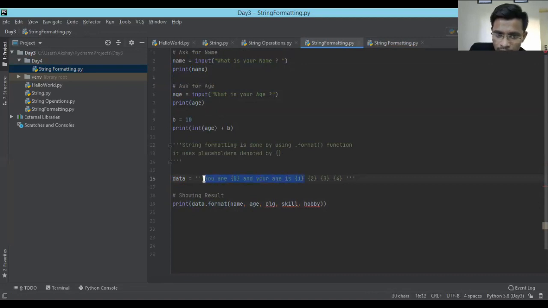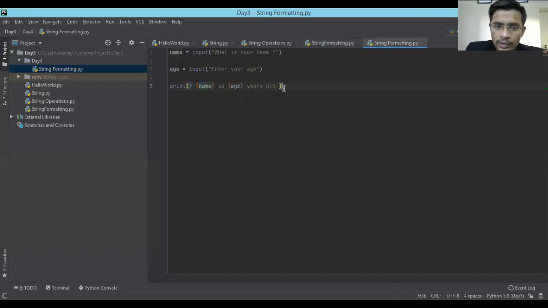Keep yourself till this line, forget about the other lines. Your name is this, and we are formatting this particular string. In place of 0 we are placing name, and in place of 1 we are adding the age. But doing this takes some time. It is a bit costlier than the f string. The f string is faster, so that's why we are learning this. It will give you the same thing, but it will give you the result faster.